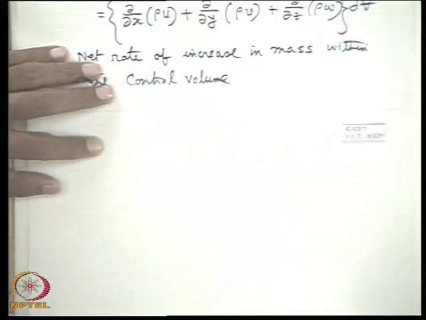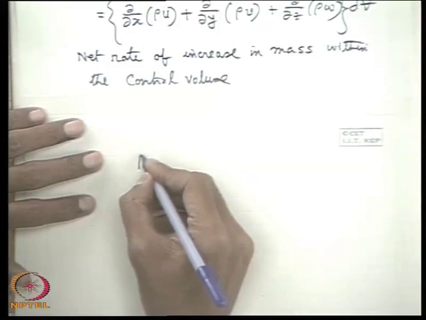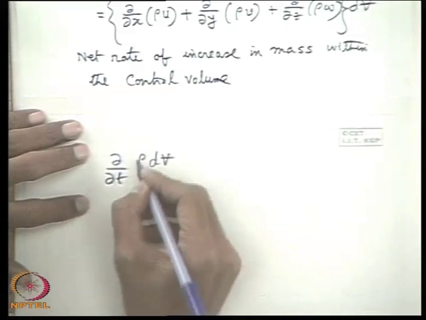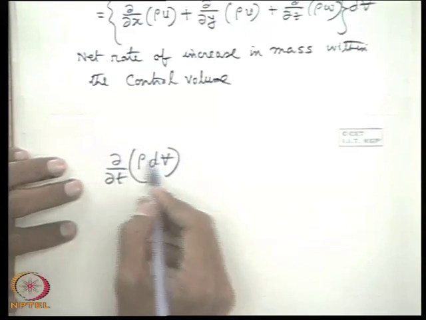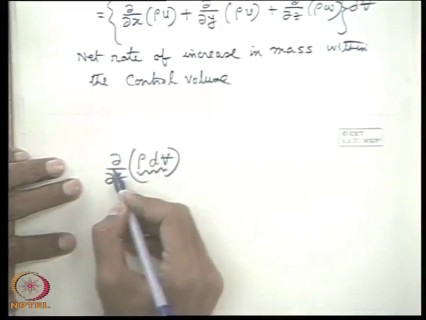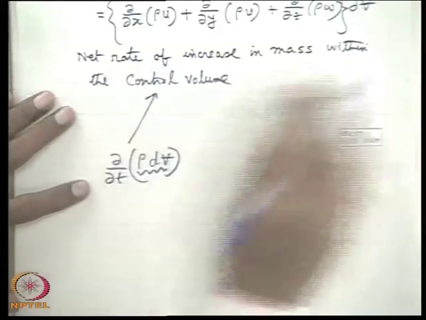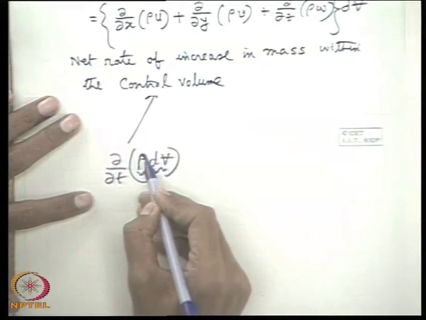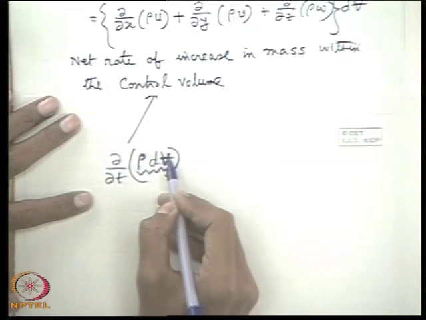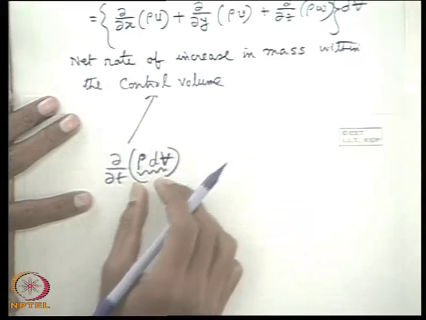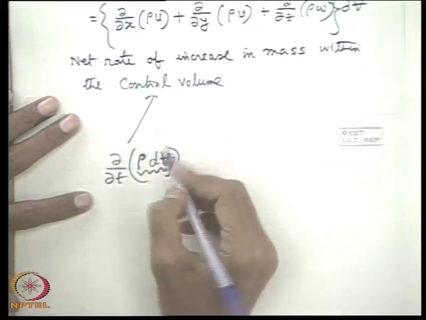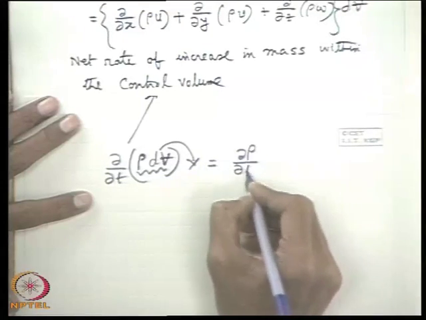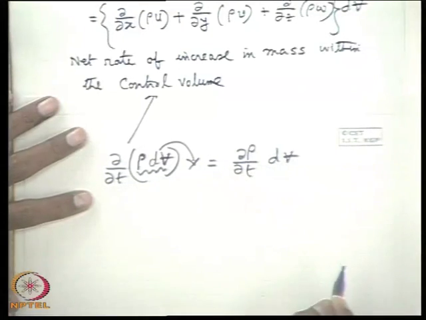That means if I define the mass of the control volume at any instant, what will be that? Rho dV. And we take its change with time; the control volume is fixed. That instantaneous mass of the control volume is rho times its volume dV. The volume of the control volume, by its definition, is invariant with time, so it will come out. It is very important to know how dV is coming out: because of the definition of the control volume.